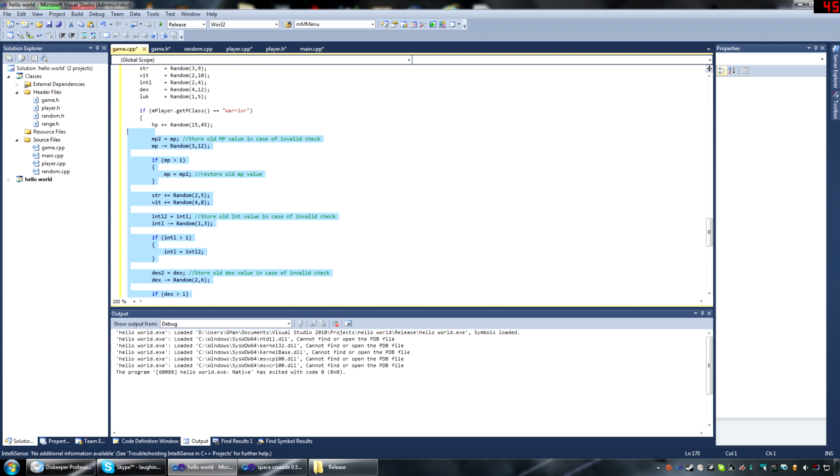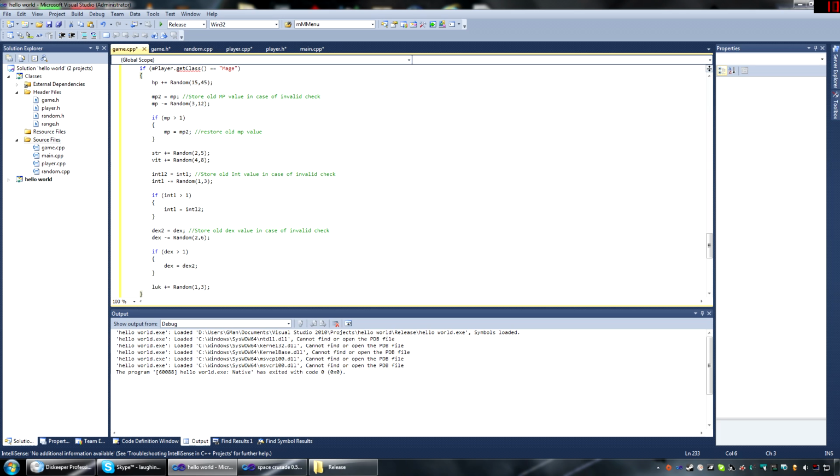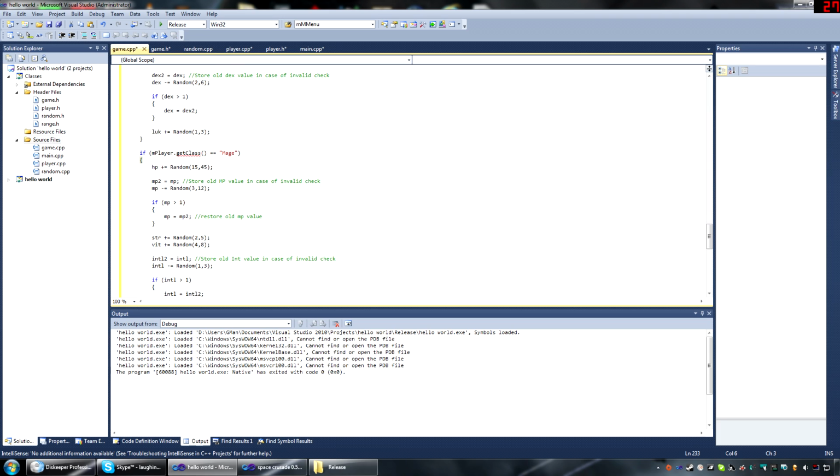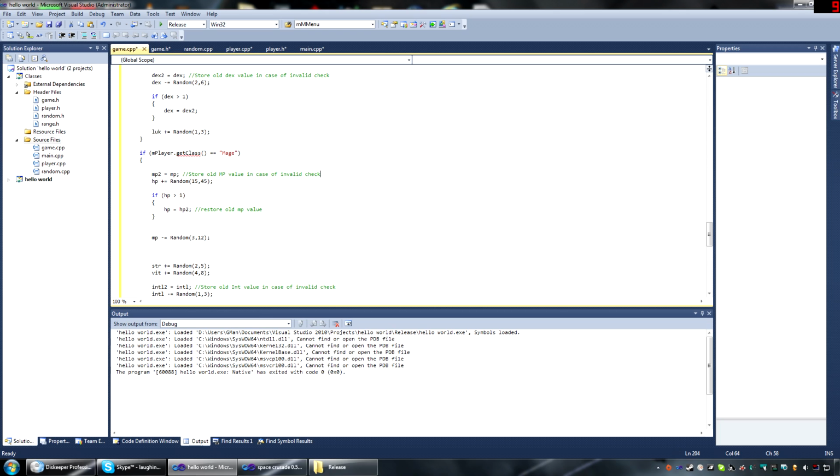Then again, we can just copy and paste this code here. Now in this case, we want to move things around. For instance, mages are going to have more MP than HP. So we need to move this up here and change it to HP. So we're going to be subtracting HP. And same with this, I'll move it up to here, change it to HP2 equals HP. Store old HP value in case of